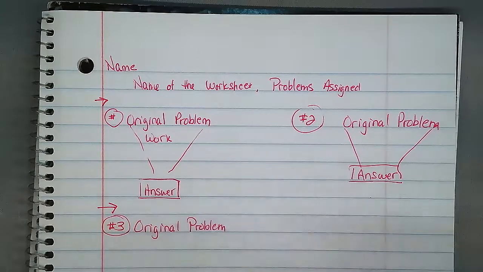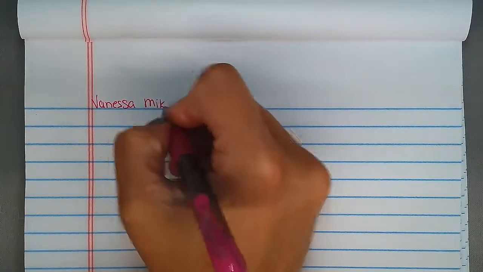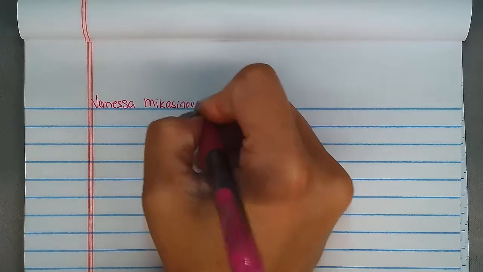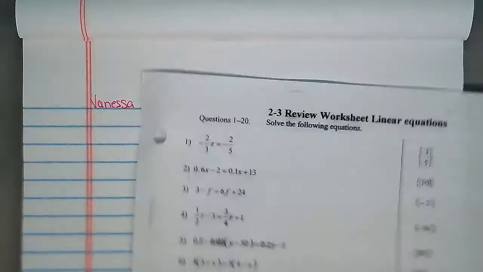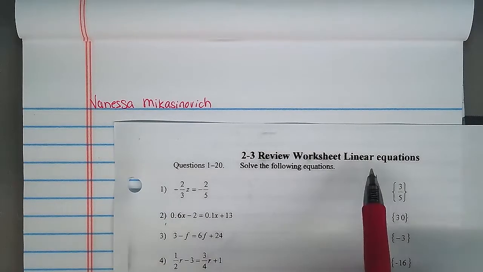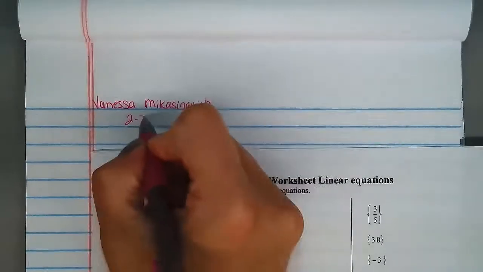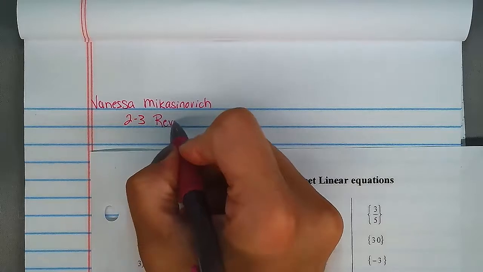Okay. So let's take a look at what that would look like with a real worksheet and give a solid example for that. Okay, so my header is going to start with my name. Okay, and then this is the worksheet that I have, and it's called the 2-3 Review Worksheet Linear Equations. So that is exactly what I'm going to write up here. 2-3 Review Worksheet